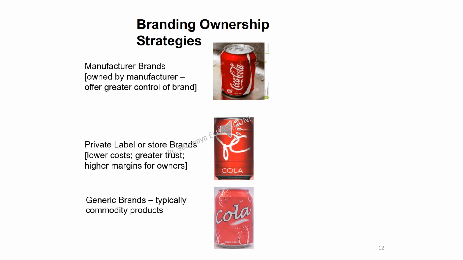These brands, like Coca-Cola, are created and owned by the manufacturers themselves. The manufacturers control the branding, and also all the marketing and the distribution. They typically invest heavily in advertising and rely on their reputation to attract loyal customers. Unlike store brands, which is the next ownership type of brand,